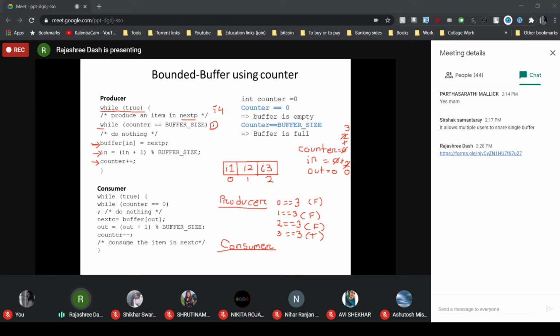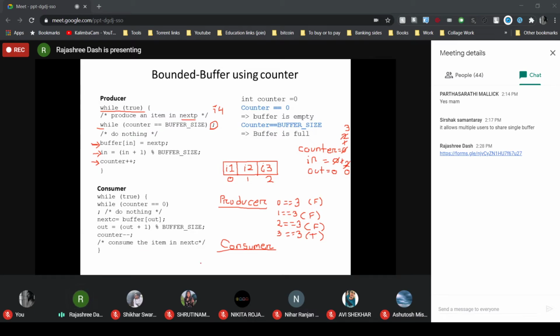That drawback of the previous solution we have overcome here by using the counter variable. Got the thing? So with this particular solution, exactly as many items as the buffer size, here 3, can be stored in the buffer.